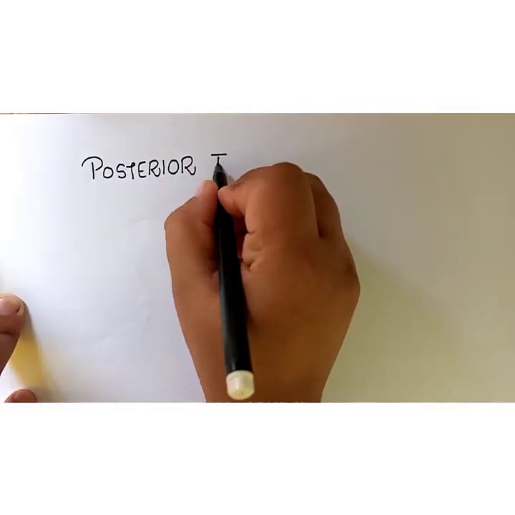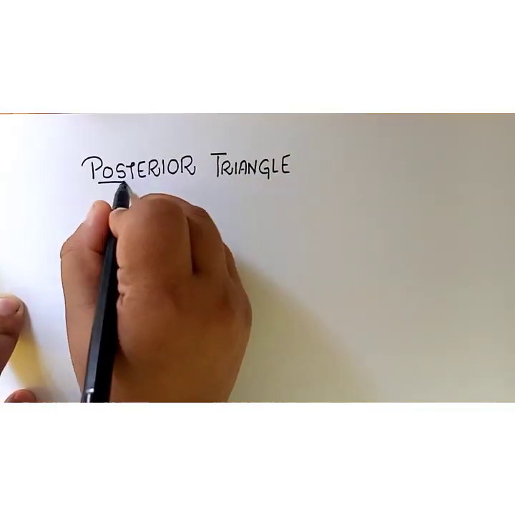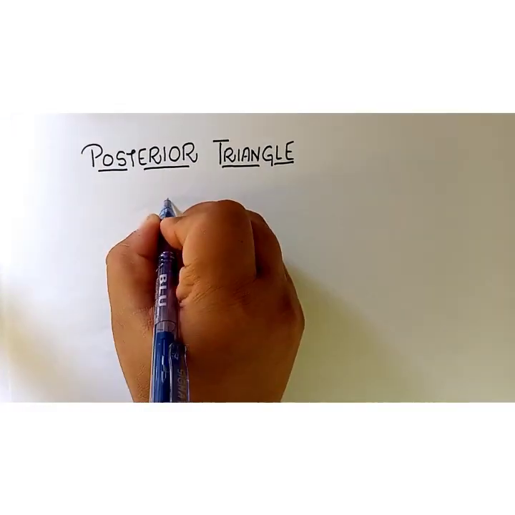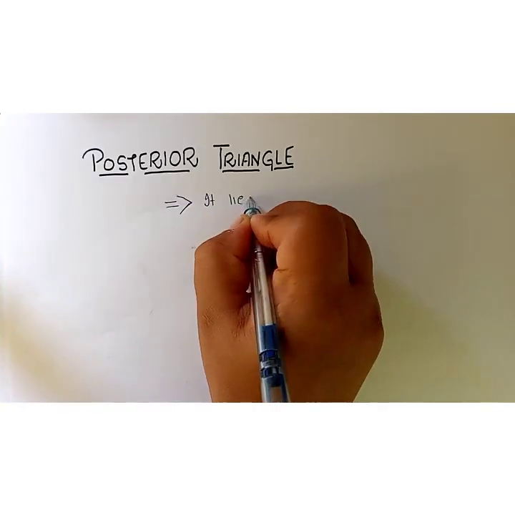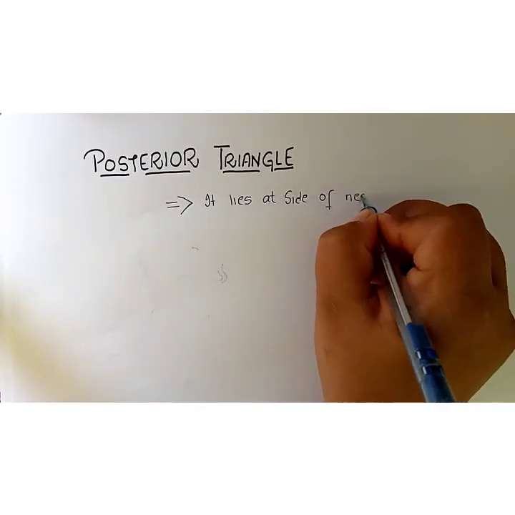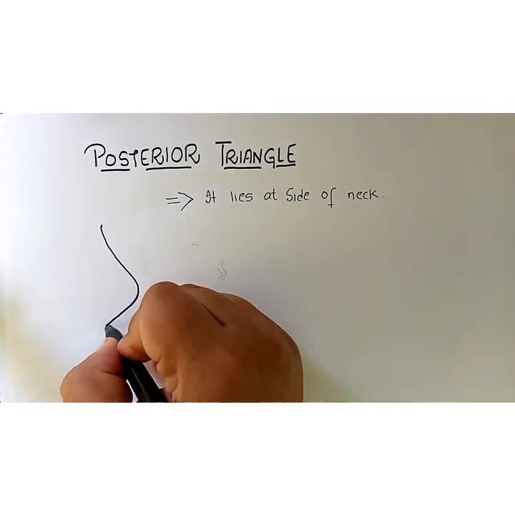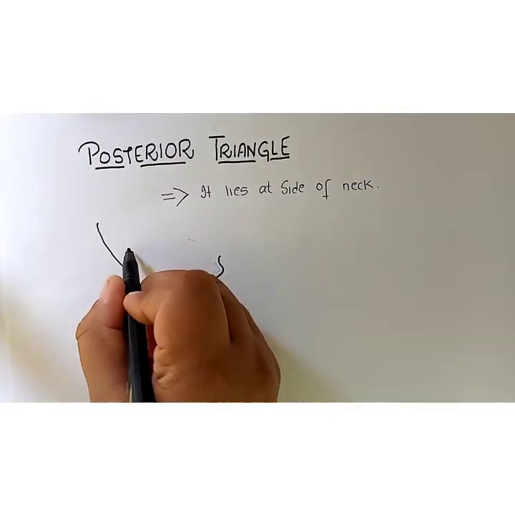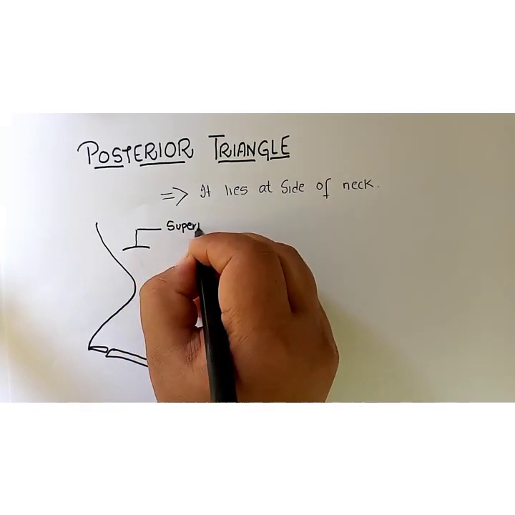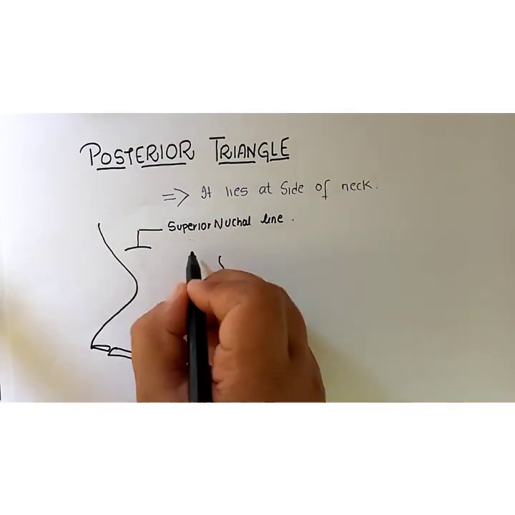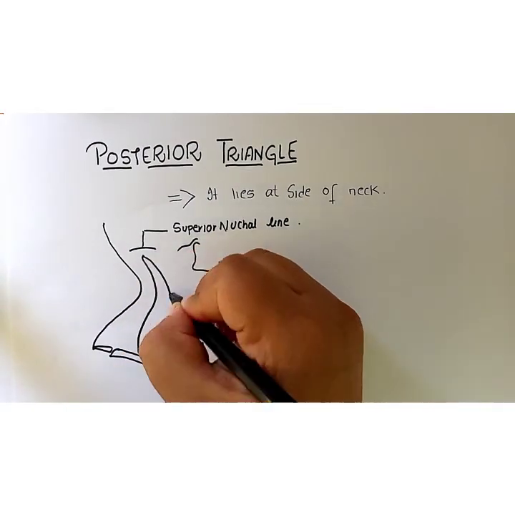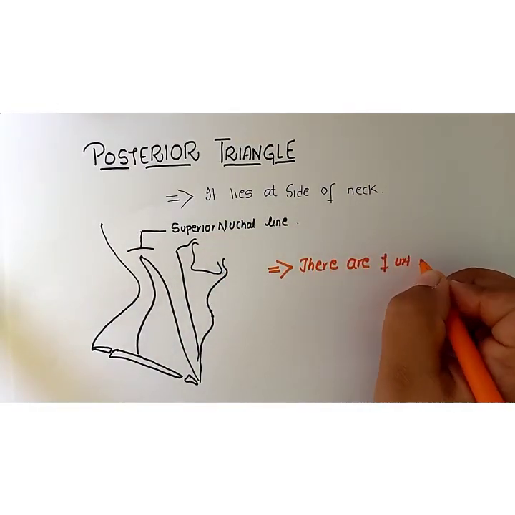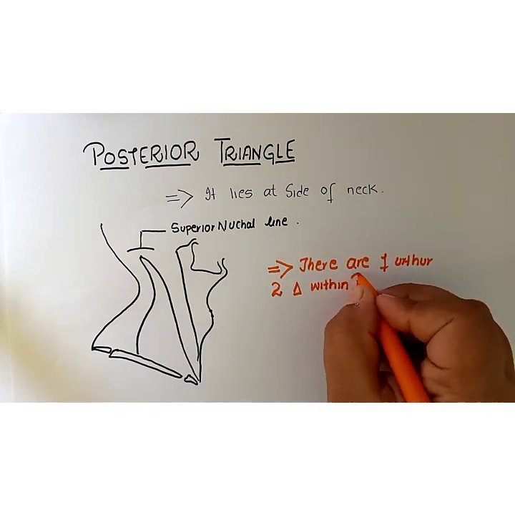Bismillahirrahmanirrahim. So today my topic is the posterior triangle of the neck, and this posterior triangle lies at both sides of the neck, and here I will explain it well by drawing the sketch. So it starts from the superior nuchal line and ends at the intermediate third of the clavicle, and there are